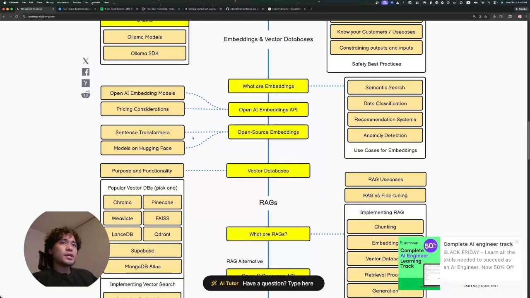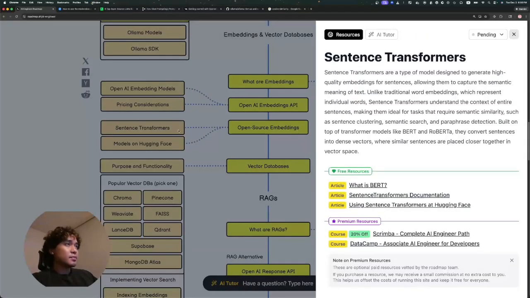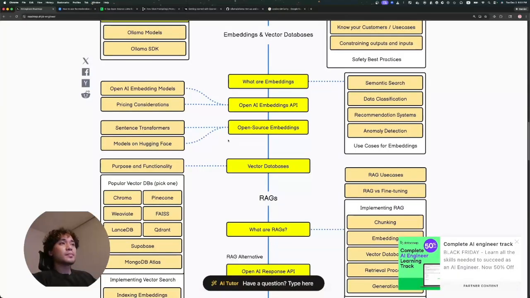Okay, open source embeddings, there's sentence embedders. So sentence embedders, they'll take a whole sentence and turn it into numerical representations. There's also word embeddings. The embedding model that you would use is based on the token you use. A token is basically how you split up your initial document into text. You can split them up into sentences, you can split them up into words, you can split them up into